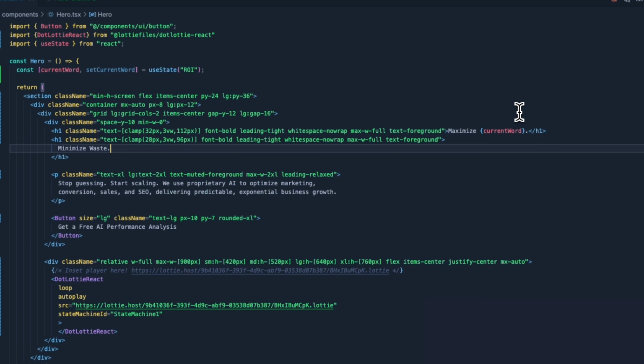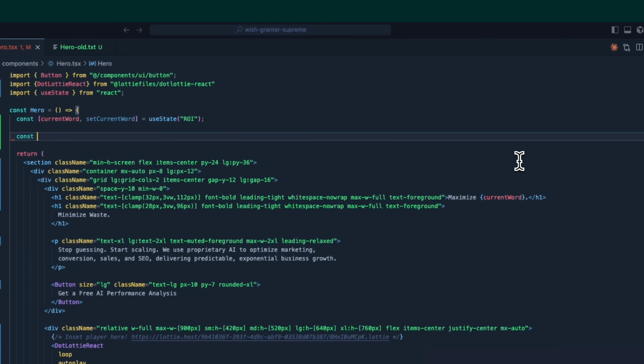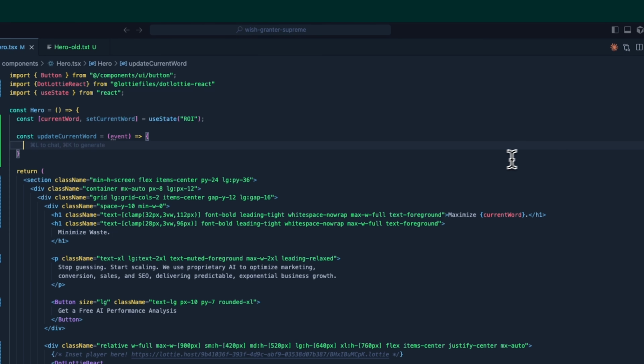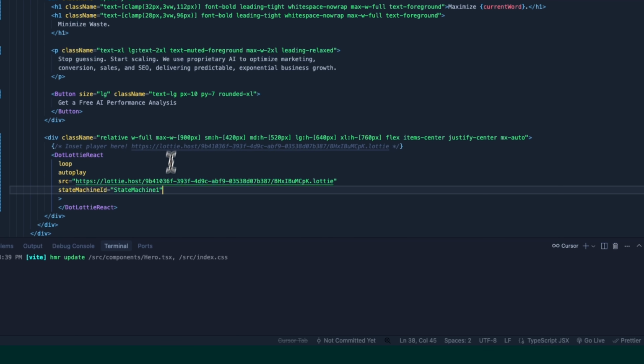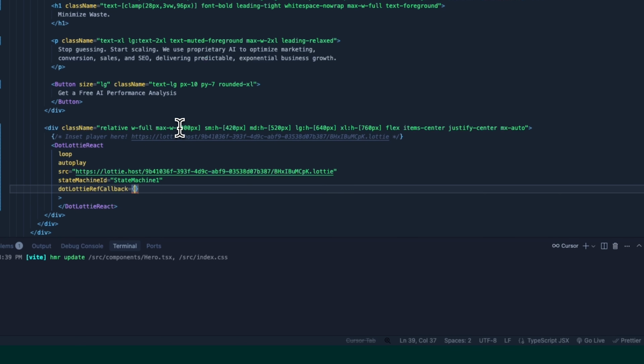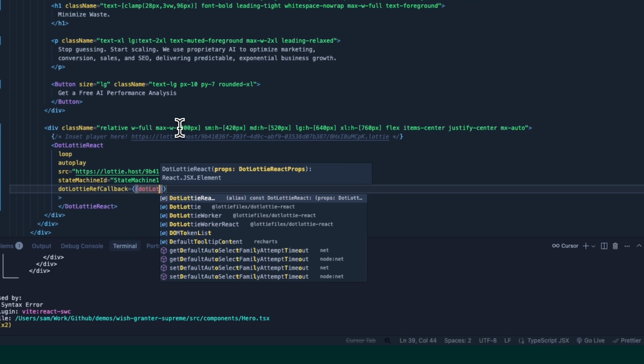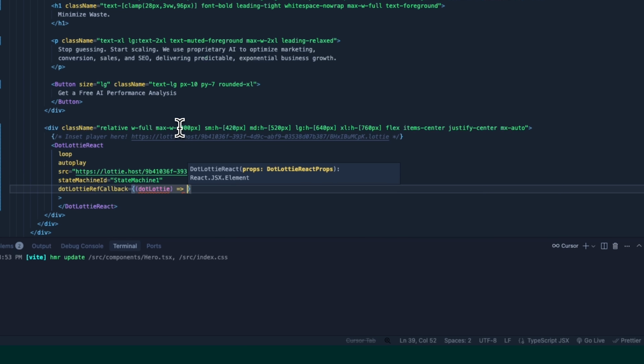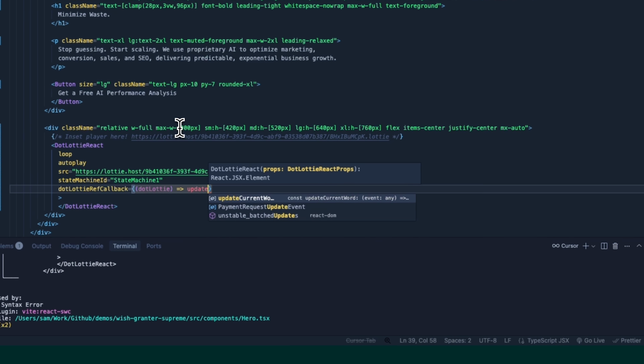So that's our word, and then I'm going to create a quick little function or a callback for a way to update it. So let's call it update current word, and it's going to take an event, and then we can have our logic inside there. So to call this and to get notified of state machine events, it's pretty simple. We're going to do a dotlottie ref callback, and we're going to have dotlottie,